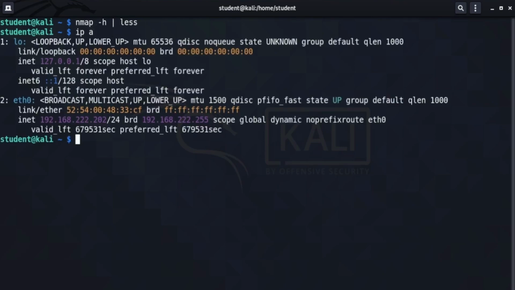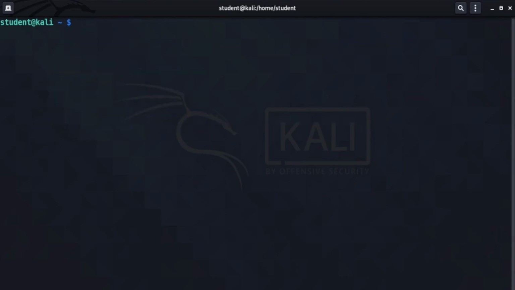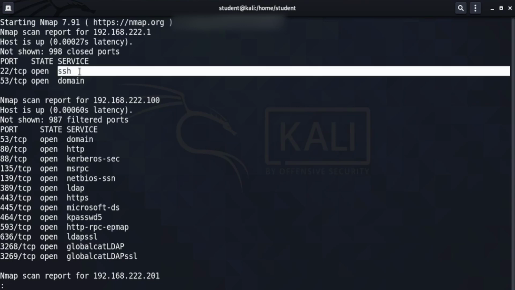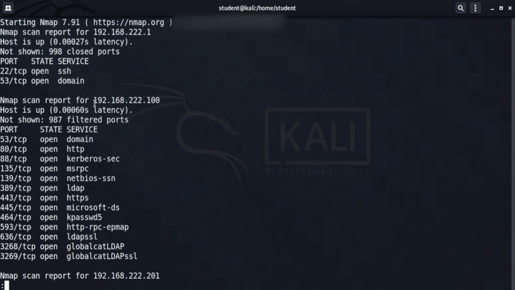It looks like I'm connected to the network 192.168.222.0/24. I'll use that for my first Nmap scan, nmap 192.168.222.0/24, and press enter. The output shows several hosts. I can see that the first one has an SSH server, which means it's likely a Linux box of some kind. The next host, found at